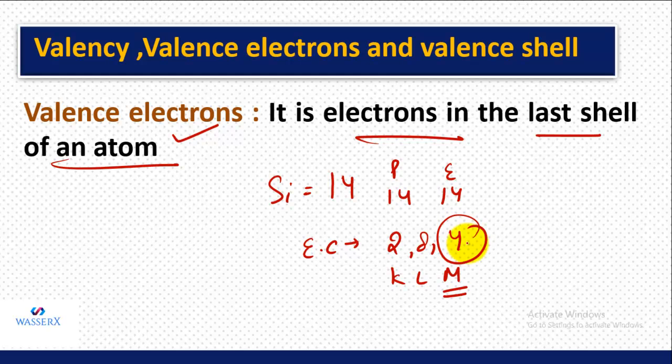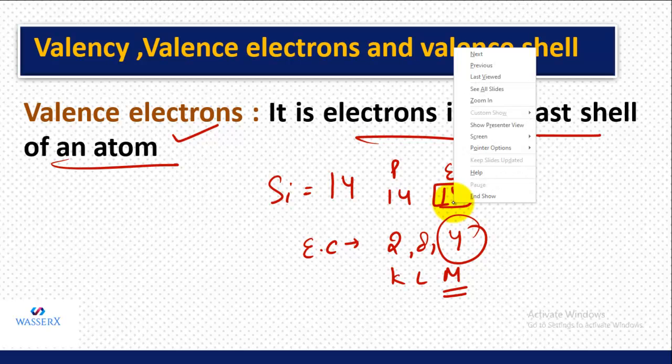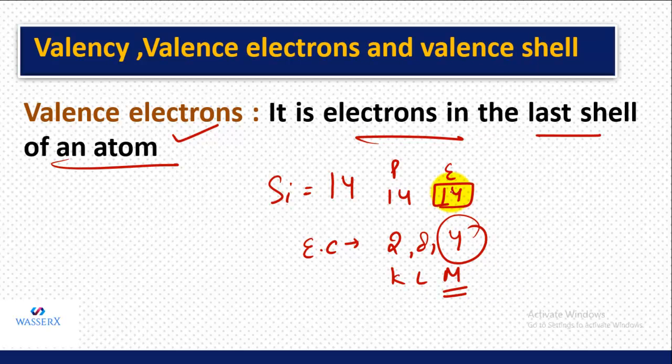So the electrons which are present in the valence shell, only in the valence shell, I'm not talking about the total electrons, I'm talking just about the valence shell electrons. They are called as valence electrons. Let's take one more example. If I write for magnesium, the configuration is 2, 8, 2 and valence shell is again M. So 2 is the valence electrons which are present in magnesium. So likewise, we can determine valency, valence electron, valence shell for different atoms.